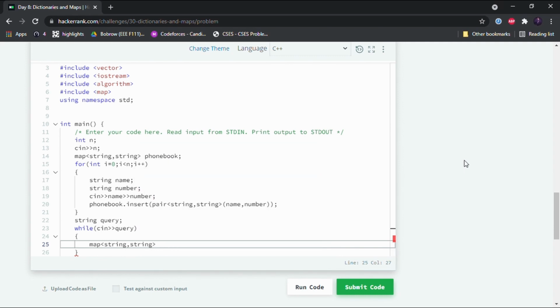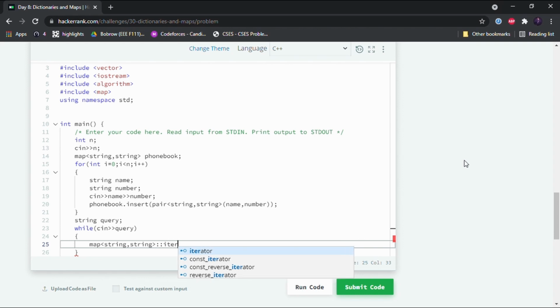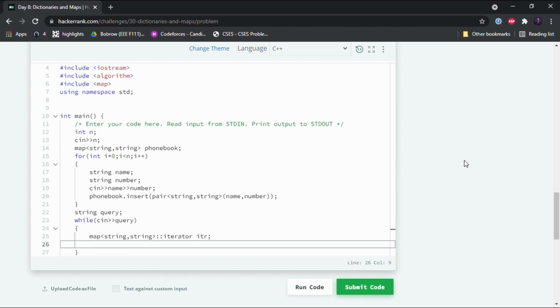Then we use the scope resolution operator, which is two colons, and then we write iterator followed by the name of the iterator. Now the name of the iterator I'll give here as itr. The iterator does nothing, it just points to the memory location of the elements in the map. That is the use of an iterator.